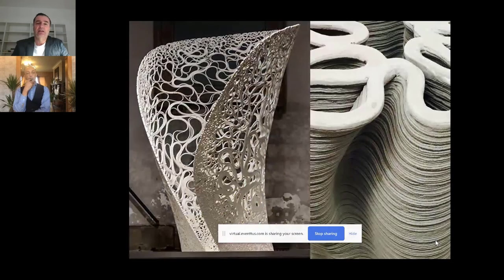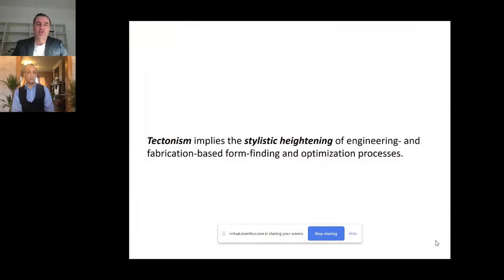but also fabrication as drivers, like you see here, the showing of the 3D printing tool paths, and the ability of creating a form through hot wire cutting, for instance. These give particular geometries and particular textures. So tectonism implies a stylistic heightening of engineering and fabrication-based form finding and optimization processes. Stylistic heightening is an important element, because in the end, we architects are interested in the expressive and communicative capacity of architecture. And for me, this feeds also into